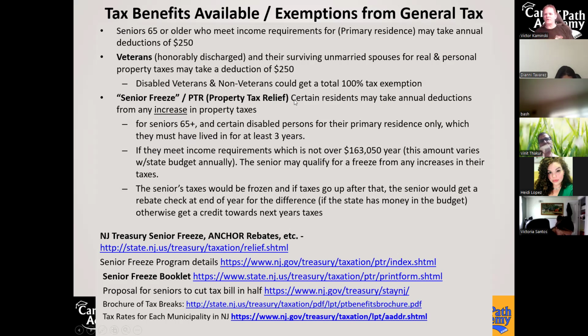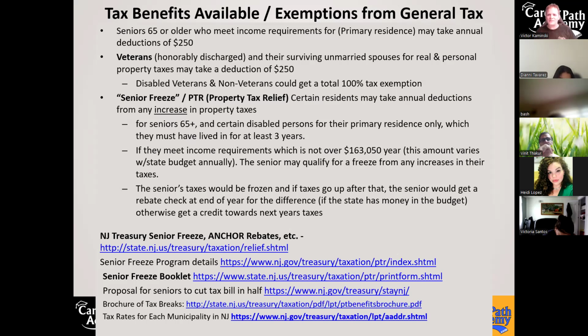You have to go down to your city hall, to your tax window where you pay your taxes and ask for that booklet so that you could enroll in that. But if you go down there and say, can I get the booklet for the senior tax freeze? They're going to give you a runaround. At least they did in my town when I tried doing this for my father when he was still alive. Because I was teaching these classes and,